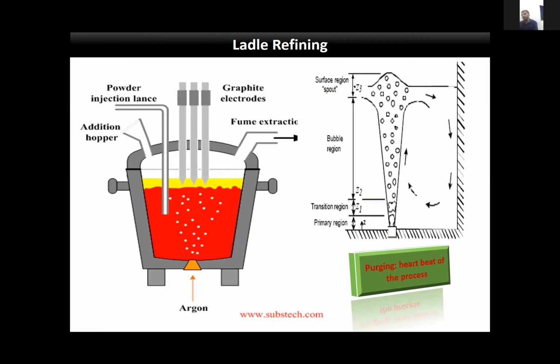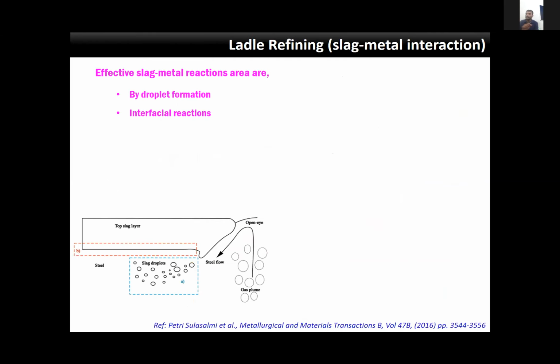If you do not have purging, then the steel present in the ladle is basically assumed as dead. You cannot do anything on that. You cannot add any alloying additions. And if you heat using the electrode, then the heat cannot be homogeneously distributed. So nothing can be done. The heartbeat of the process is nothing but the argon purging. That is being extensively studied by many people using cold models. Some of the examples I would like to highlight, whichever the results of other researchers, you can see in the next couple of slides.